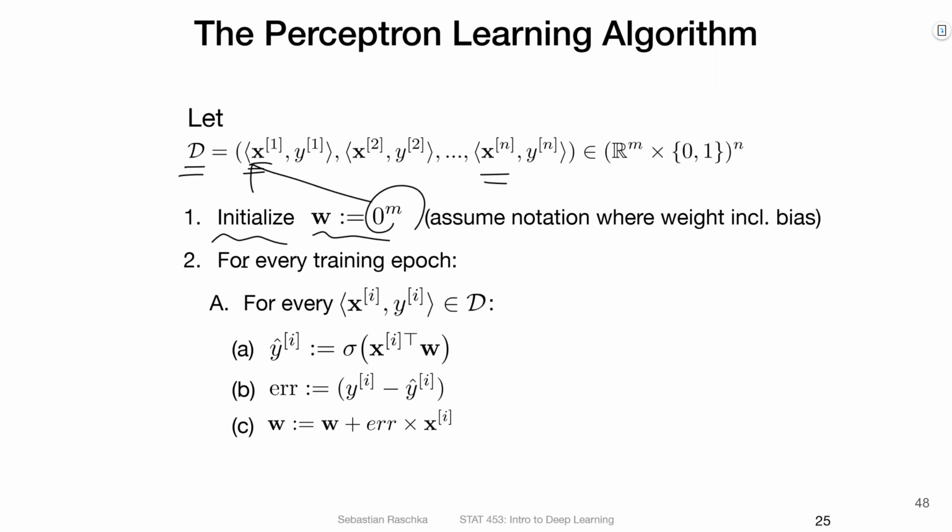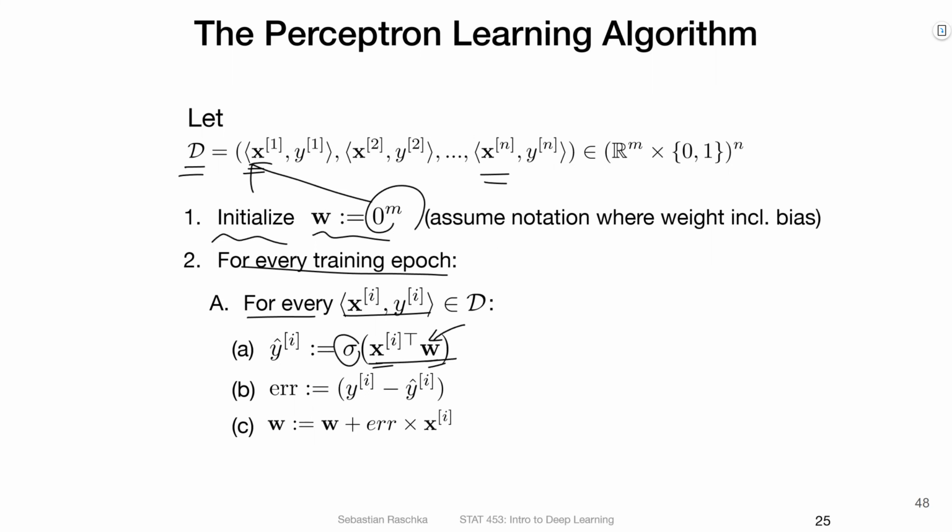And for every training epoch, we need to determine how many iterations we are going to perform. That is called epoch. And for each epoch, we'll use all the data points. To do so, we're going to pass our input data into our model. That is simply performing the dot product between x and w,